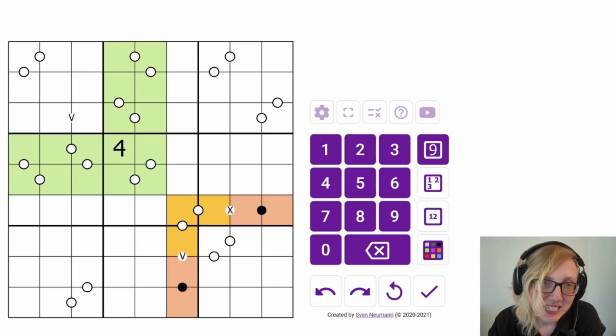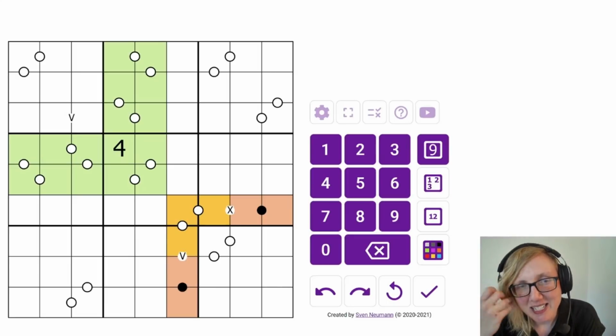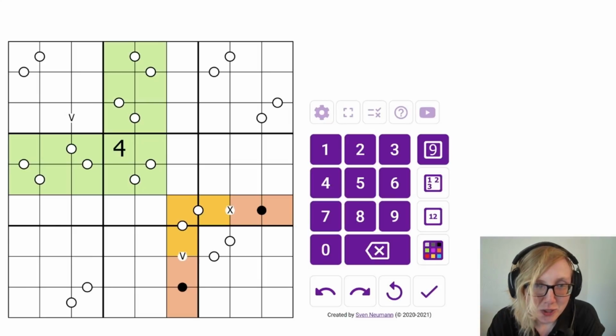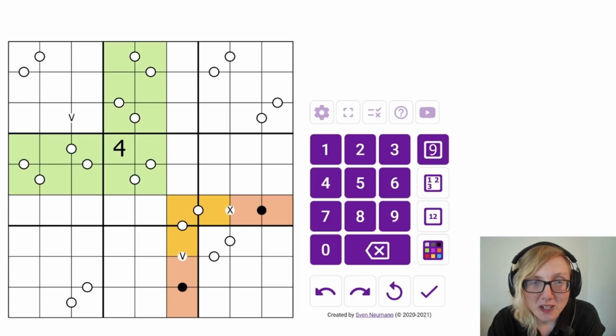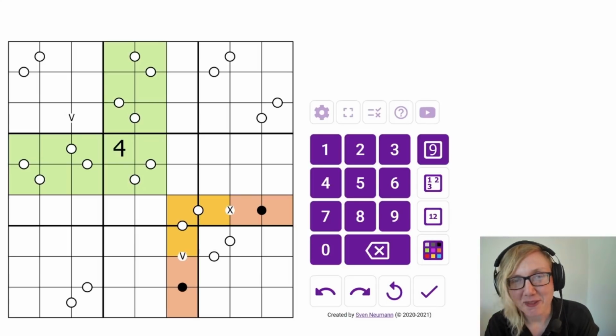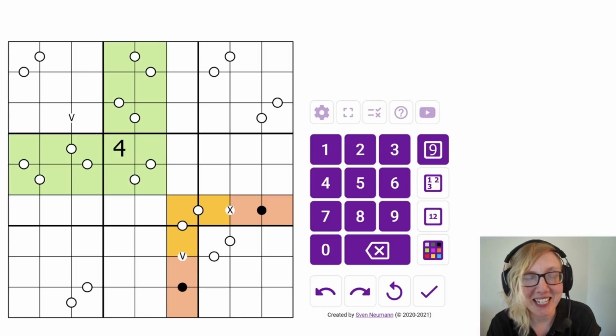Almost universally, everybody who tried it either said something like, I didn't know what to do, I got stuck, I felt like I had to bifurcate. Or, and these are the comments that kind of stung for me as a setter, there were a number of people who said something like,